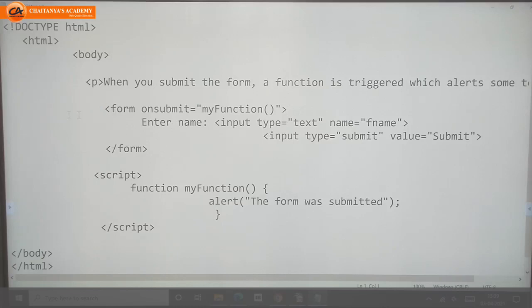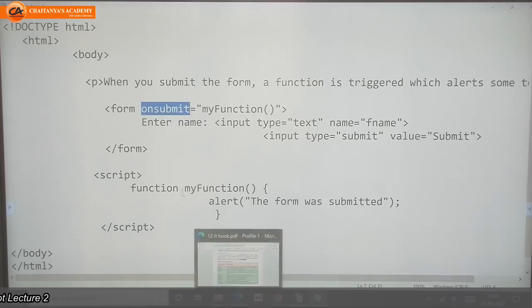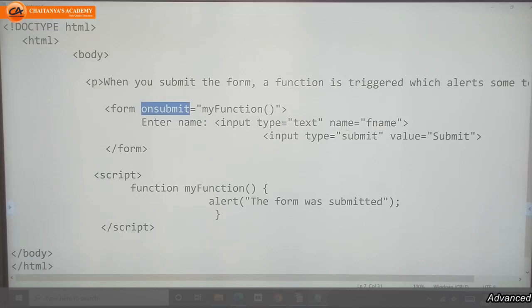See here, I took one form, and on the onsubmit event, I will call one function. I am going to take one text box and one button, and whenever I click on that button, meaning whenever I submit that form, I am going to call one function.